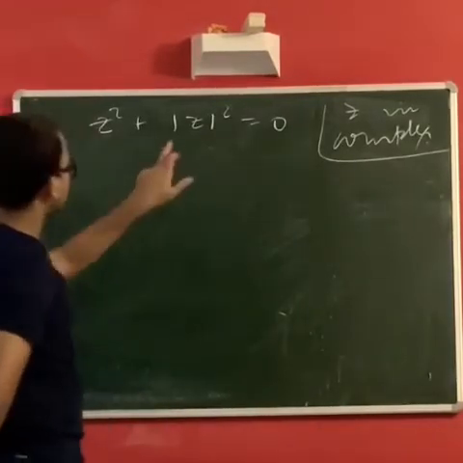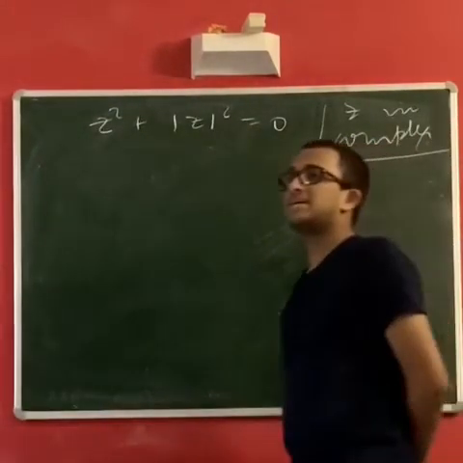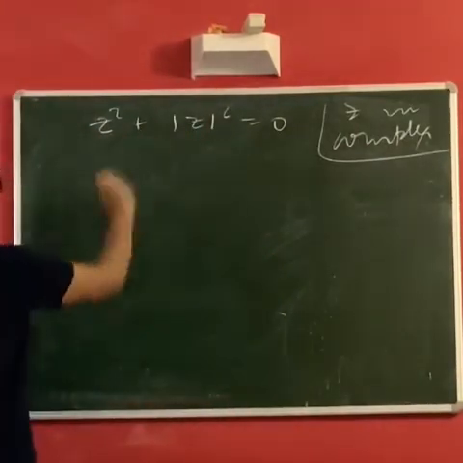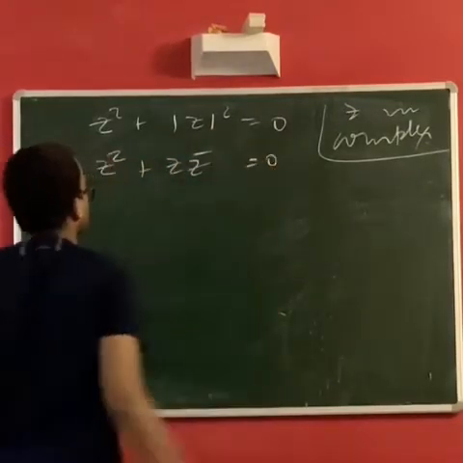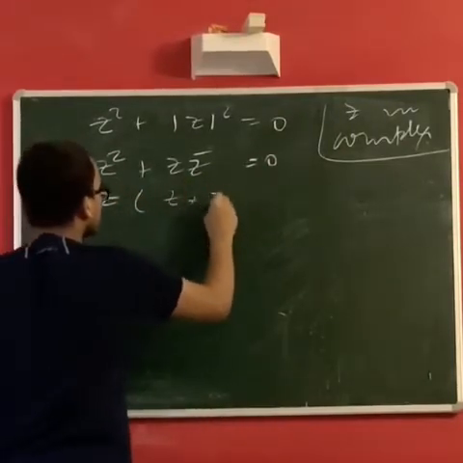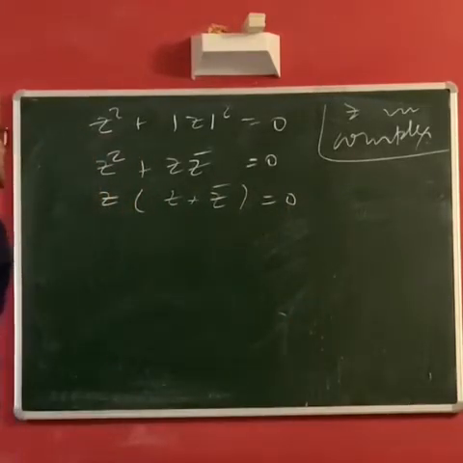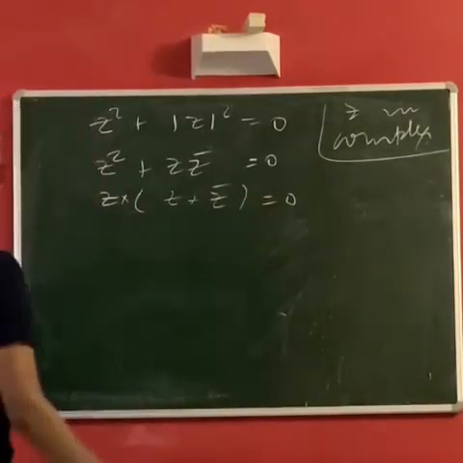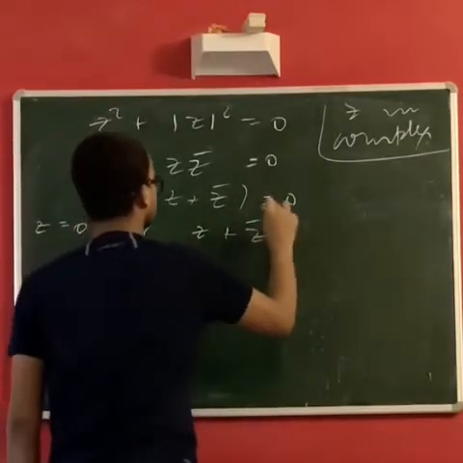This is a nice question because you can use this property here. Whenever there is a mod z square, you can use the property that we deduced the other day, that is mod z square equal to z z bar. So let's use that. We can write this as z square plus z z bar equal to 0. Now factorizing this, we take z in common. We have z into z plus z bar equal to 0. It neatly gave us this one small equation. The product of two things is 0. So either z is 0, that's an obvious case, or z plus z bar is 0.